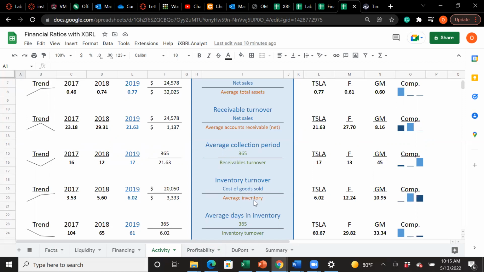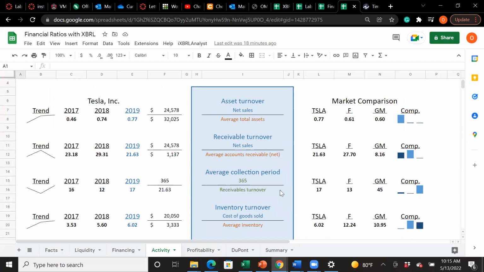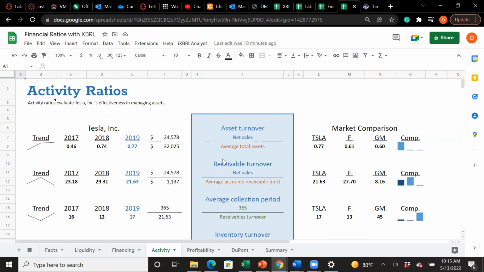Cost of goods sold over average inventory. Cost of goods sold, average inventory. Okay. Trend. So this has gone up and then down. That may have just been attributed to a change in accounts receivable, but overall,